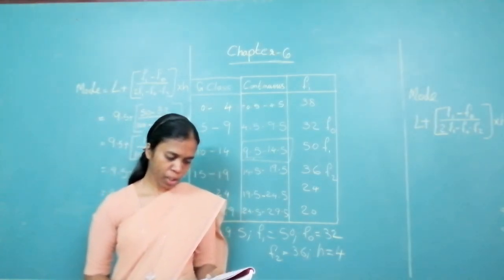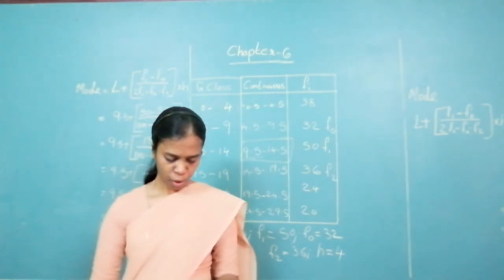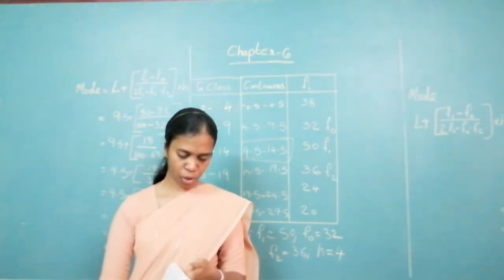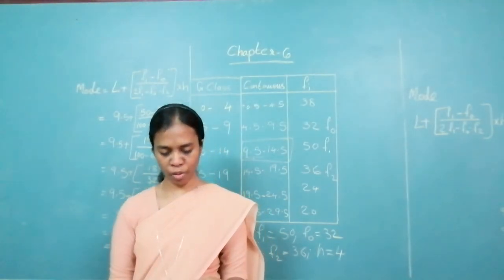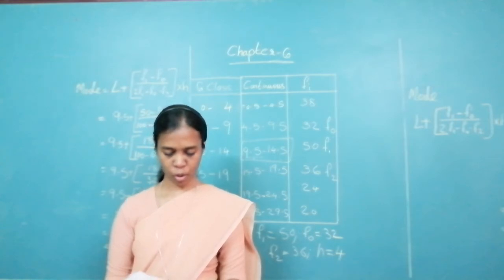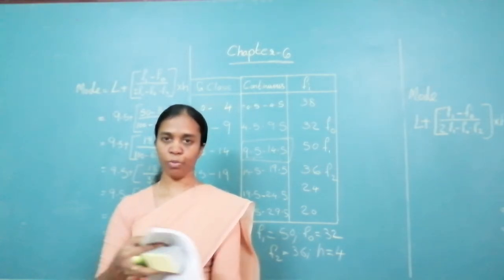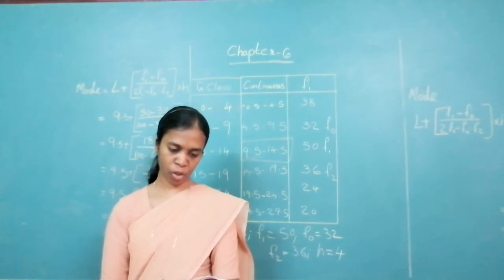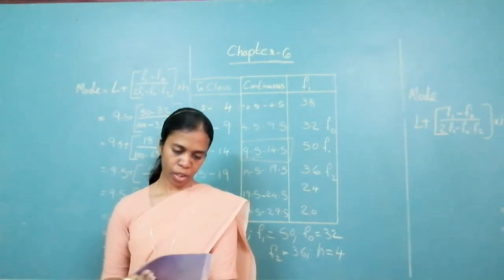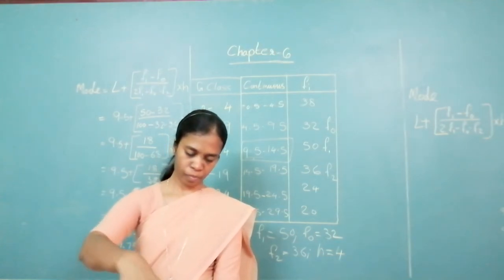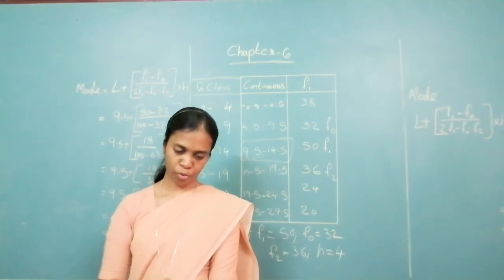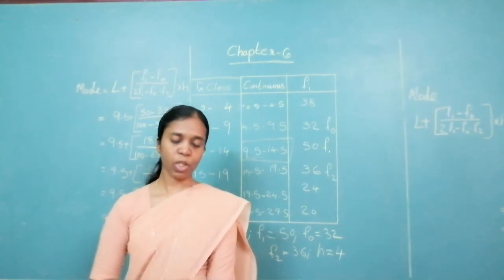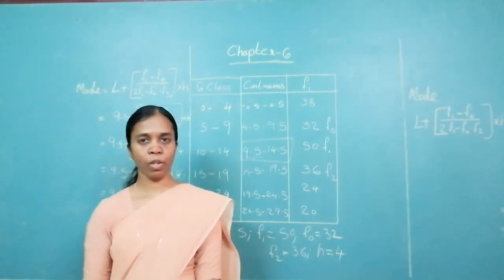Please take your practice set 6.3. You have 4 questions over there. The fourth is the one which I have solved on the board. That is the only one which is not continuous. Rest all given to you are continuous. And also take the problem set. In the problem set, question number 8 is also to find the mode. So it is a very simple and small topic.